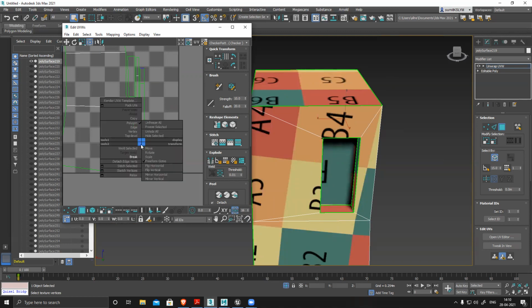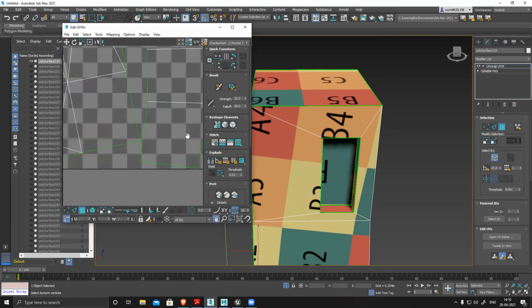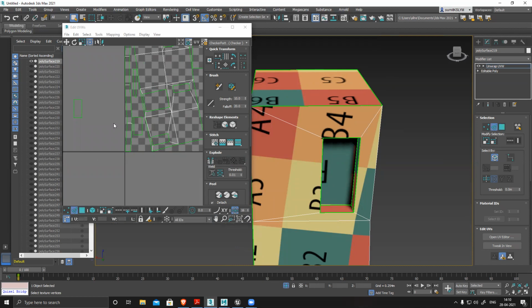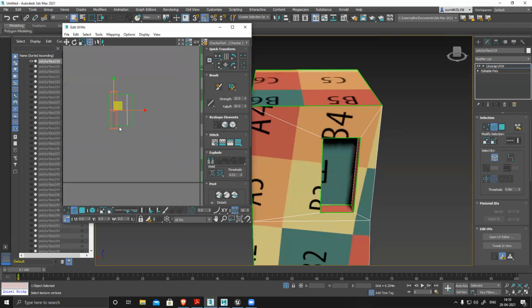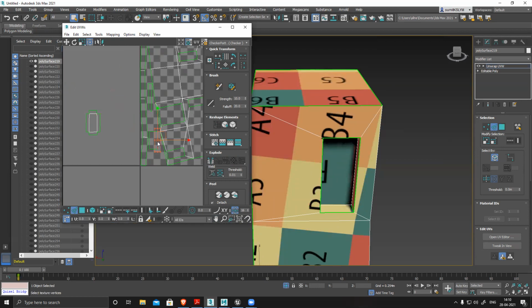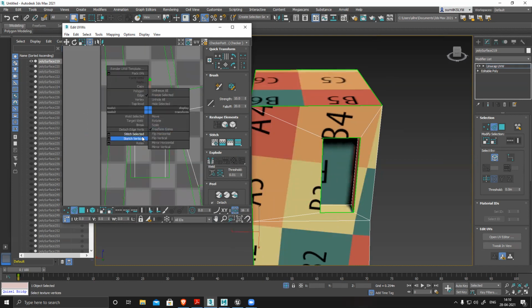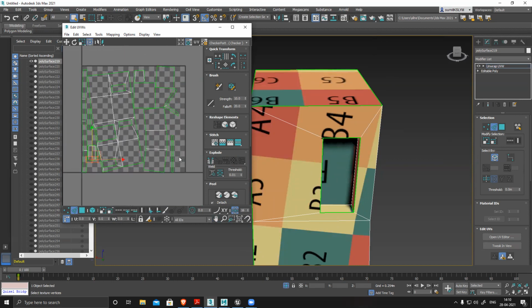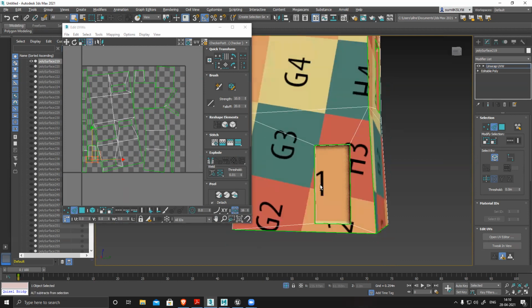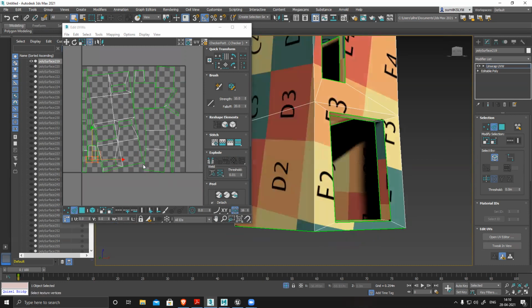Why am I separating it? So that I can weld them, stitch them together with this door side, with a lesser number of seams. A basic rule of thumb for UV is fewer seams and there shouldn't be any stretch. There should be one more, this one, correct, done. And this one is fine.